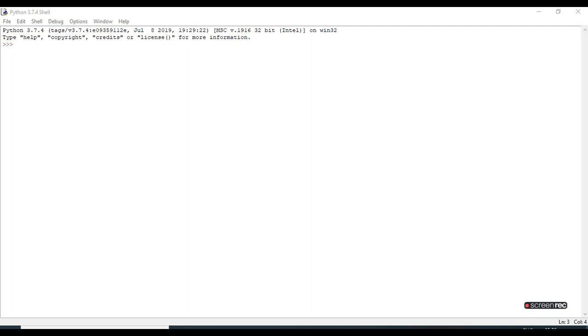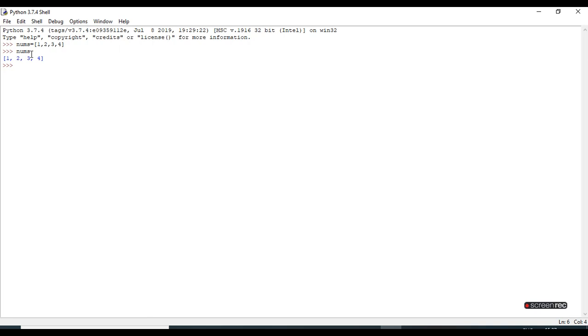Like if you want to store nums equal to 1, 2, 3, 4. This is a list. If you print list nums, you will get a list 1, 2, 3, 4. If you want to access any position inside the list, you can do it like an array also. We will discuss later what is an array, but for the time being, an array is used to store the elements which are of similar data types.